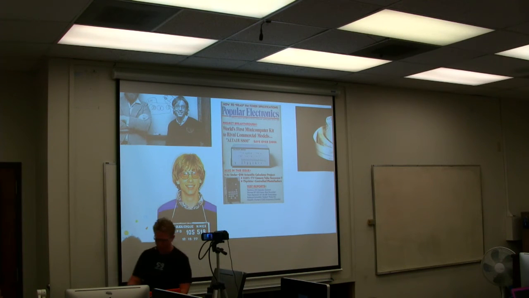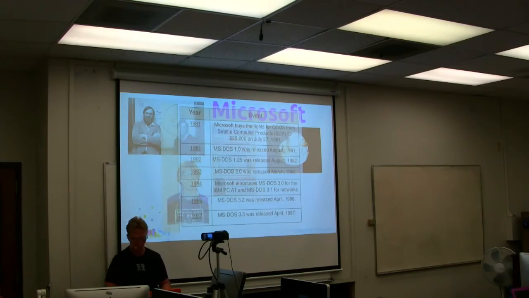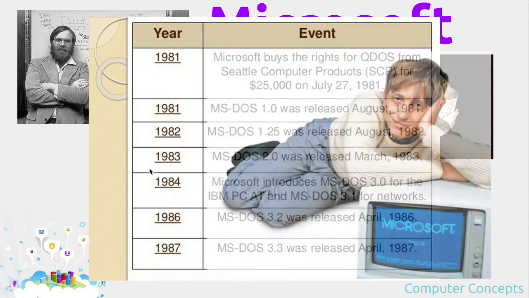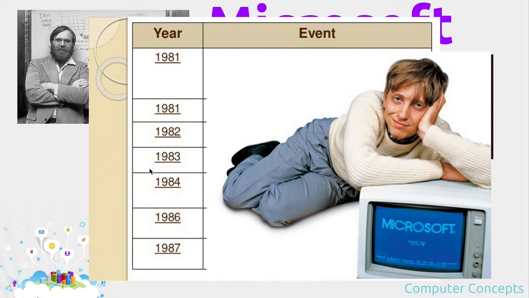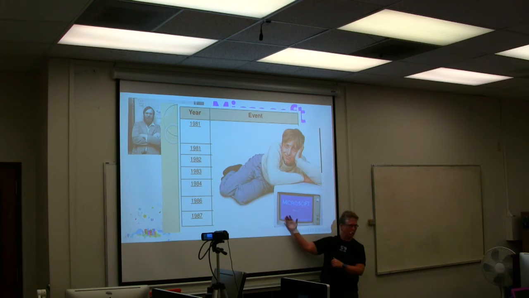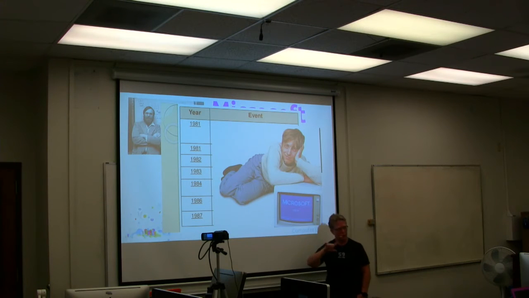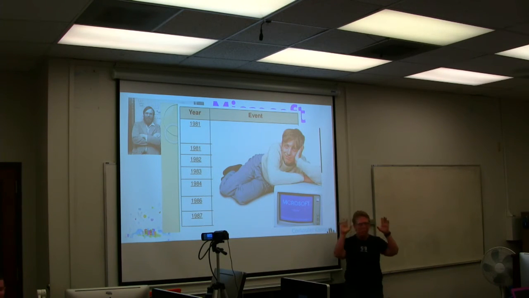So here's the other image I found when I was researching this. Well, actually, is it here? Yeah. Let's do this one, and then we'll come back to this. So what happened was Gates, because there's this other company we're going to talk about in a minute called IBM. And IBM was setting up to compete against who, you think? Apple. Because Apple was gaining market share. People were like, oh, I can buy a personal computer. And Altairs were starting to come out. And IBM, the big company, was like, we can compete in this space.